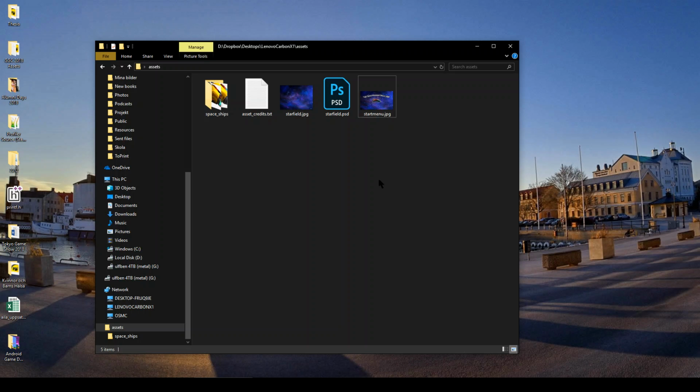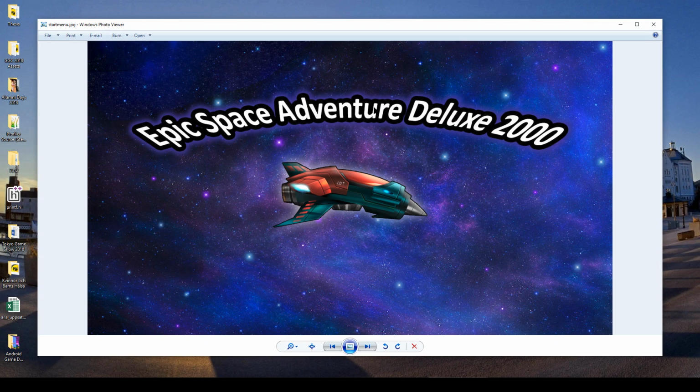With my superior Photoshop skill, I have created this start menu. I've put a little bit of a title text on there. I've selected one of the spaceships to be our player avatar, and I put it in this amazing space environment. There is some room left over to put a start button, but now that I think of it, we're probably